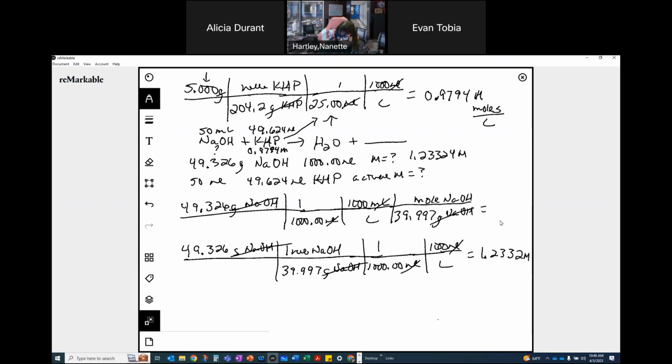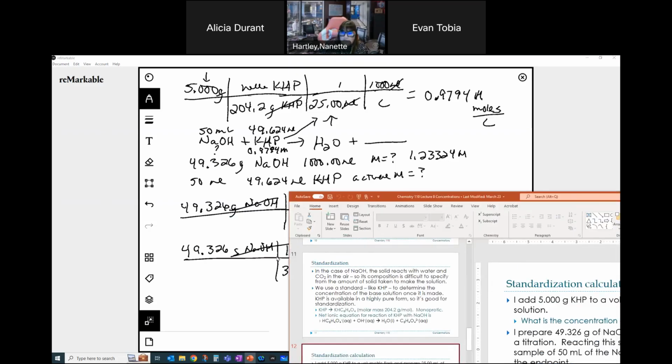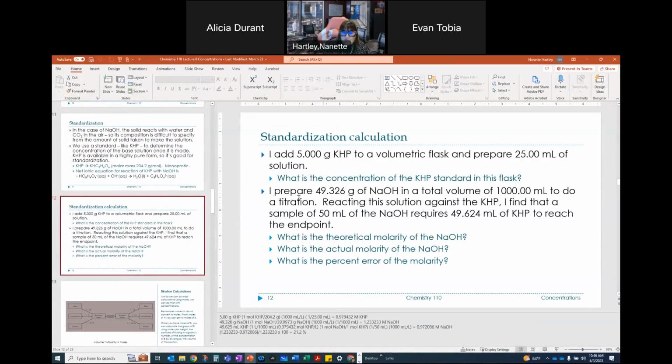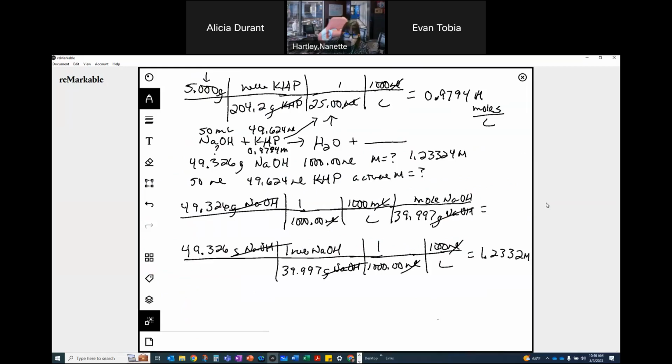Oh, reacting the solution against... Okay, yeah, so I pulled that from right here. 49.624 milliliters KHP to reach the endpoint. So I can use that information to do this calculation. So I know that I have volumes for both of these, and